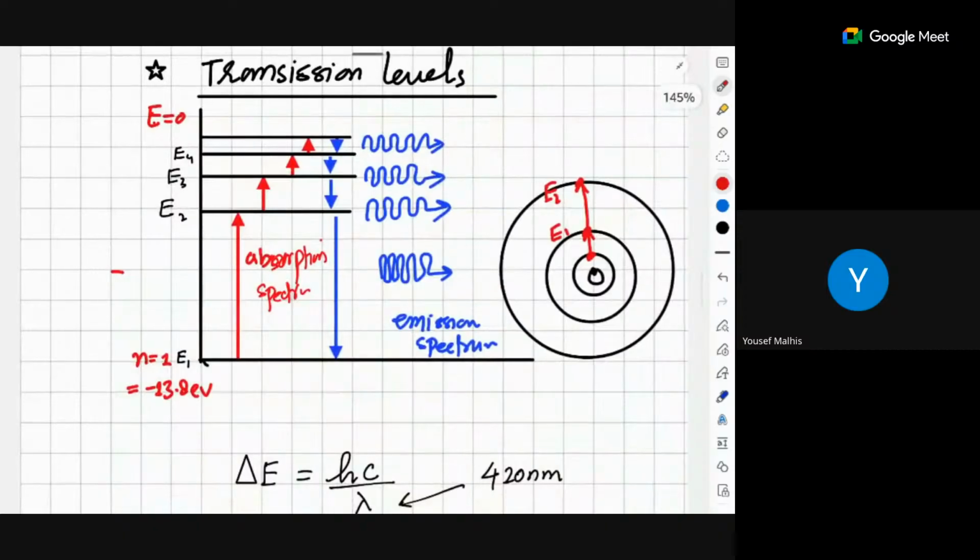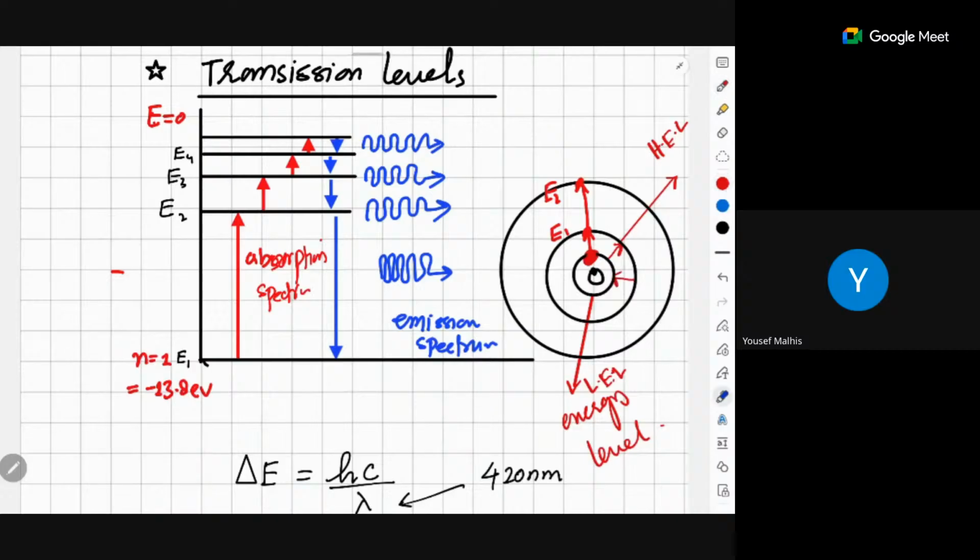Niels Bohr in 1913 developed an idea that if an electron is in this orbit, it will revolve in this orbit. It will neither emit nor release energy. That is why it was named its energy level. Once the electron is moved to the higher energy level, right? This is the lower energy level, and this is the higher energy level. Then that electron will absorb the energy, and when it comes back down to the lower energy level, it will release the energy.